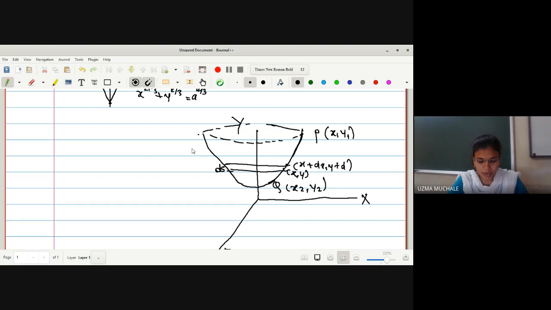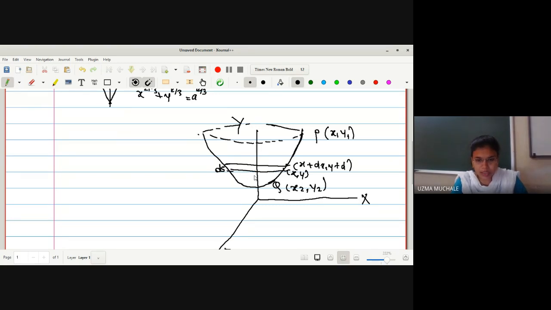So our aim is to find the curve for which the area of the surface of revolution should be minimum. Now we have to consider the ds we have formed here. These are the things we have to write down in the exam. First you have to write down the construction. Let us take the two points P and Q. Let us consider the curve between the two points P and Q. Let us revolve the curve about the fixed axis Y. And whatever the object we get, we have to find the area of its surface of revolution, which is minimum. You have to write down these things if you are going to appear for the physical exam. I hope there is a 70% chance you are going to appear for the physical exam.